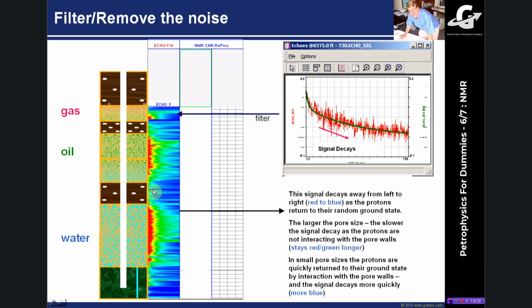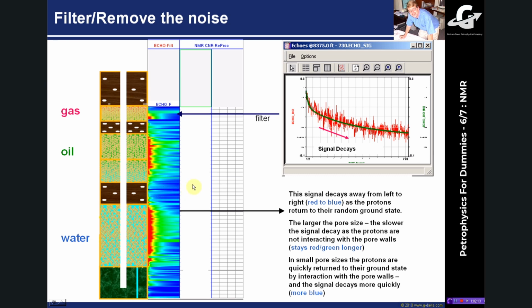So here you see these flames, if you like, of high porosity gradually decaying away. Now the bigger the porosity, the longer it takes for these flames to die away. But in the shales and the mud rocks, we very rapidly lose the signal